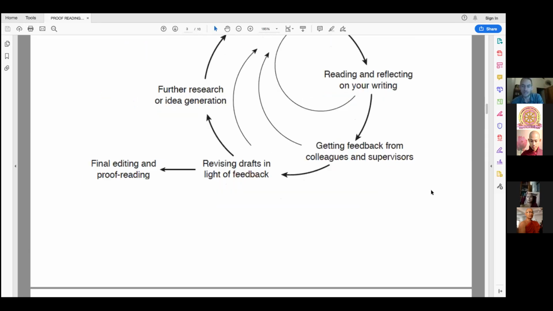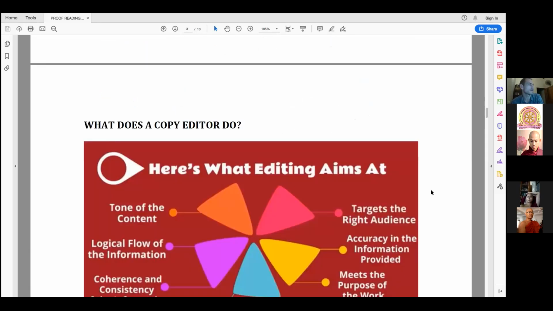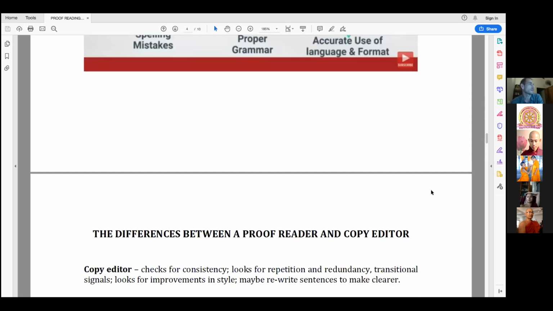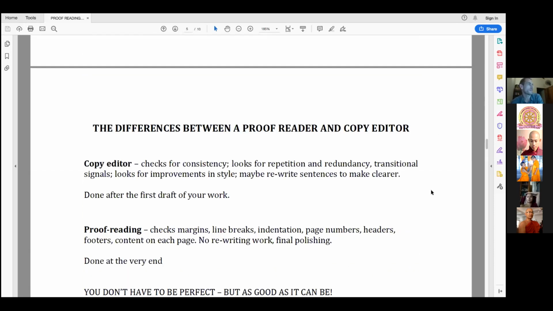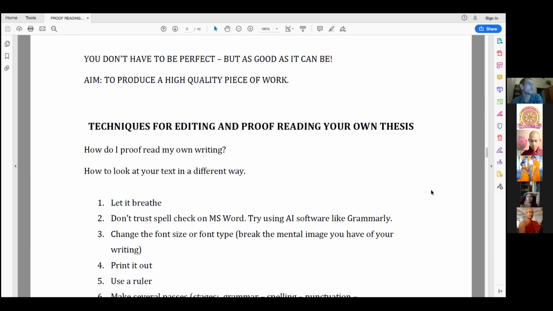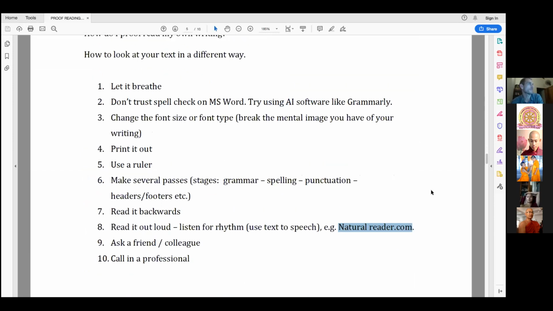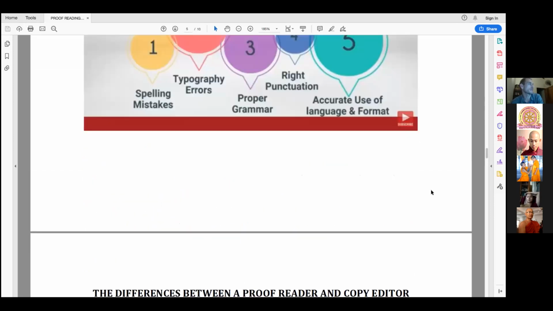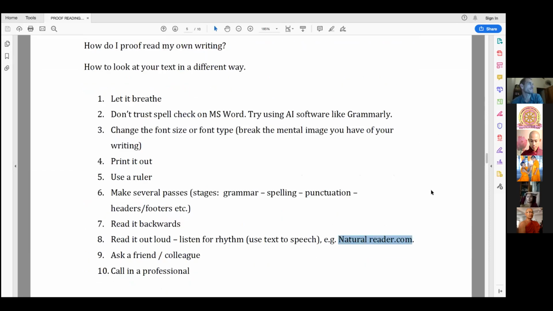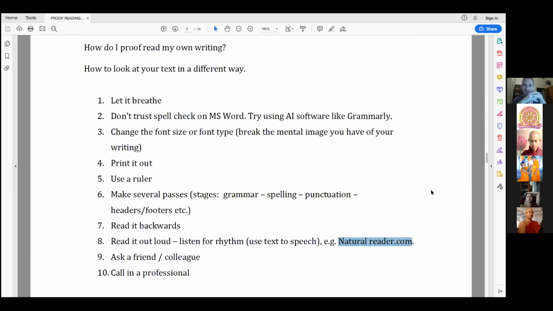Any other questions? Yes, I have one question, teacher. Yes, Bante. Let's go back to your document, number 7. You want to ask about reading backwards? Yes, this part, this page, number 7. Read it backwards. So it means like